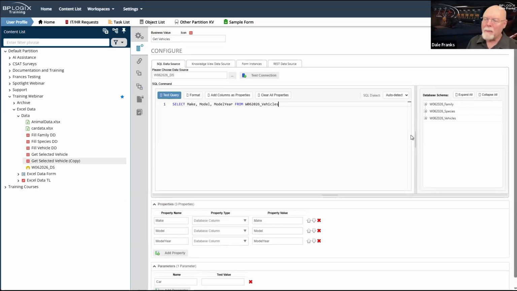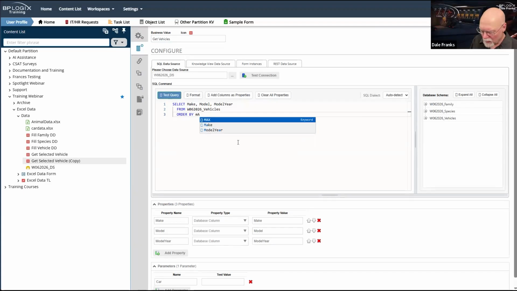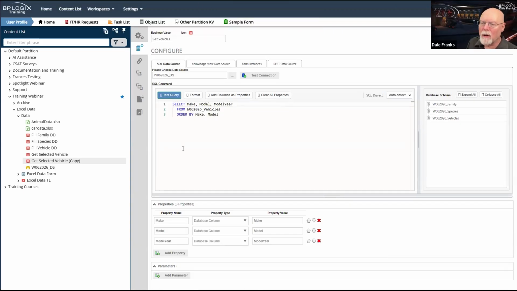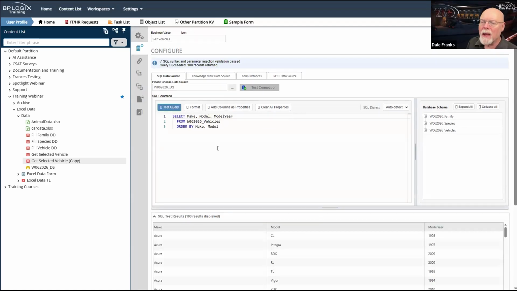And I'm actually going to throw in order by make, model. Oops, model. And I don't need a parameter for this because I'm just going to pull all of them. Let's test our query. It should return 100 records. It did. So now I've got a business value for that.